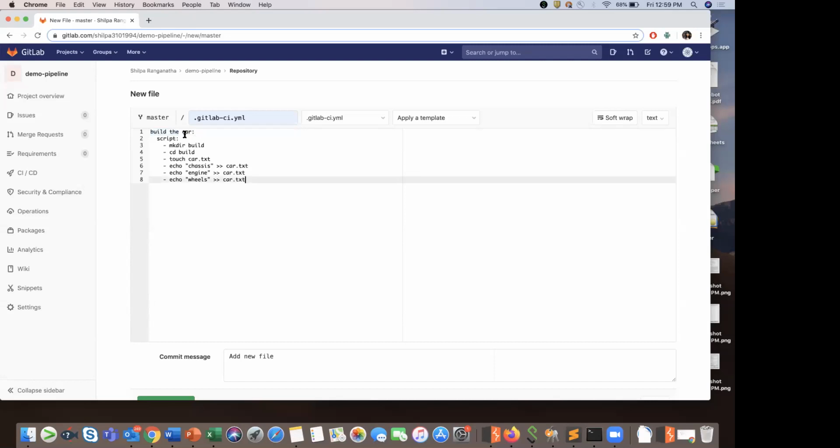Okay, now before writing the contents of my job, we have to include this attribute or this tag called script. Now while creating this configuration file, we have to be very careful regarding the indentation. Okay, so here if you observe, after my job name, that is build the car, next line, there's a space, right? So please do not make use of your space bar.